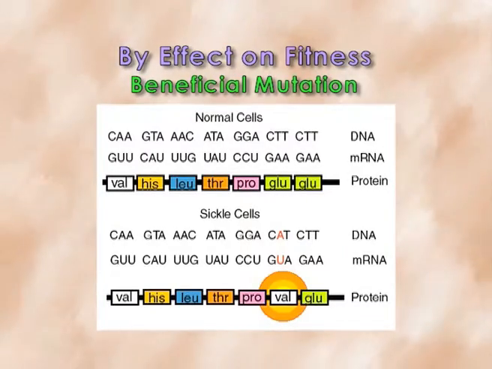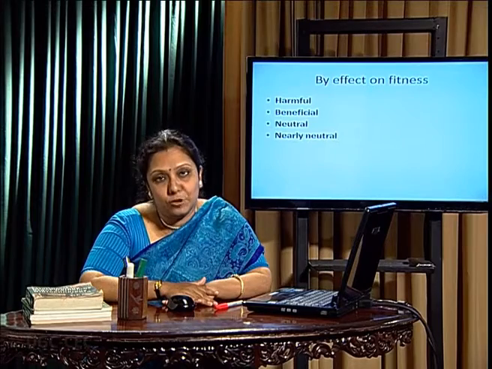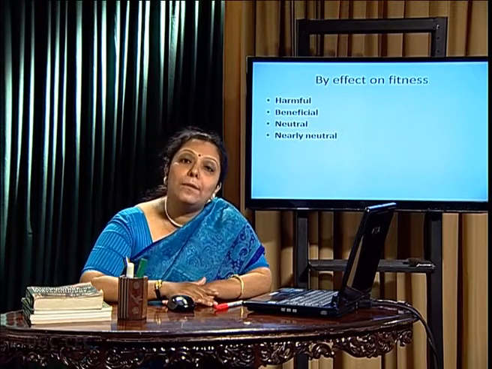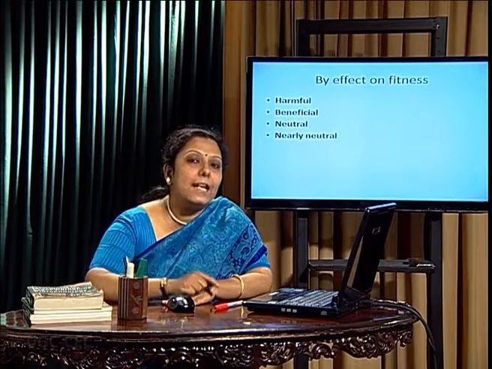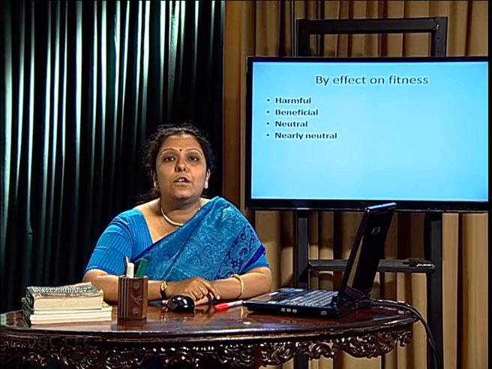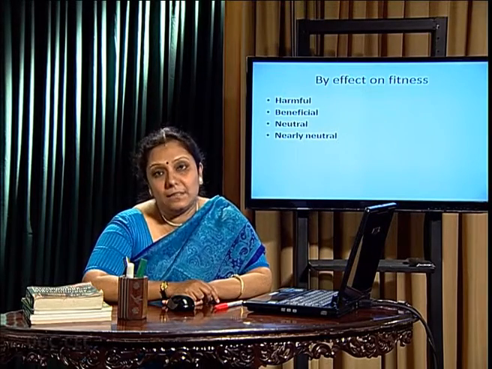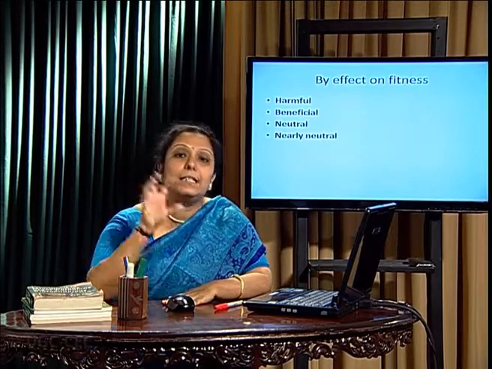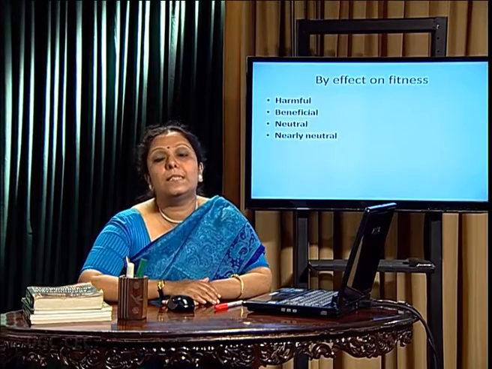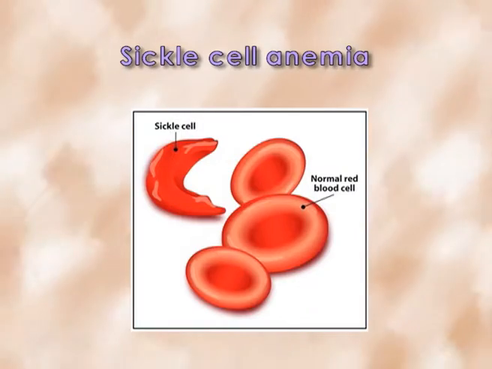Let me talk about a particular example. Sickle cell anemia is a mutation in the globin chain at the 6th position, by which glutamic acid is changed to valine. Glutamic acid is important to make the salt bridge interaction, very important for the integrity of the hemoglobin to be maintained. Now, if this glutamic acid, the acidic amino acid, is changed by valine, then the integrity of the hemoglobin is changed. So, the person suffers from anemia called sickle cell anemia. The shape of the RBC is changed.